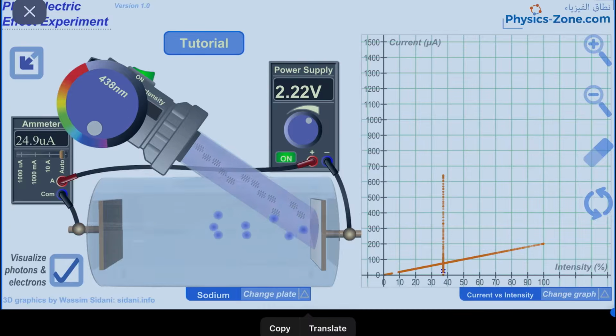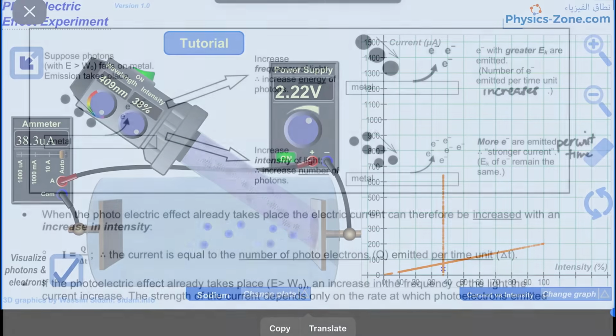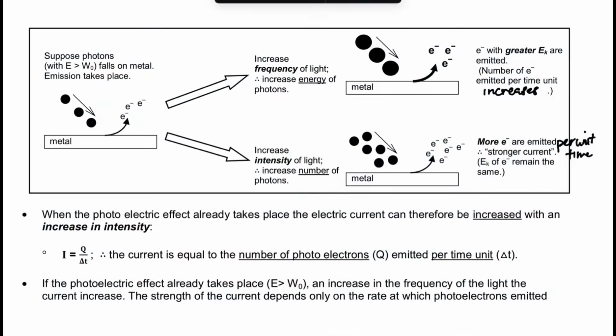The intensity remains the same. What is changing is the what? Is the current, right? I hope that makes sense, guys. Let's look at the relationship between the frequency of the light and the number of photoelectrons, and the